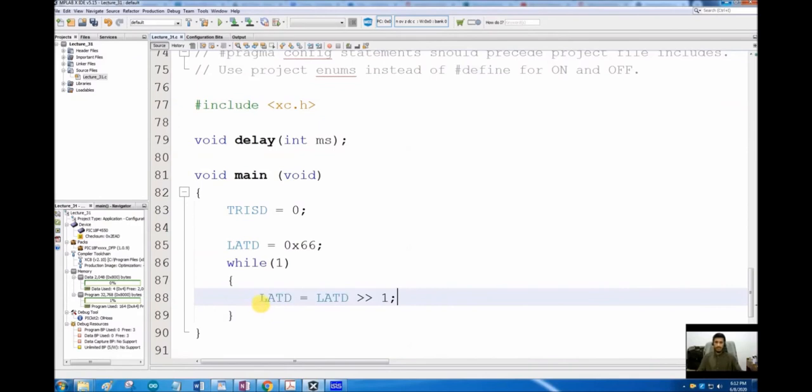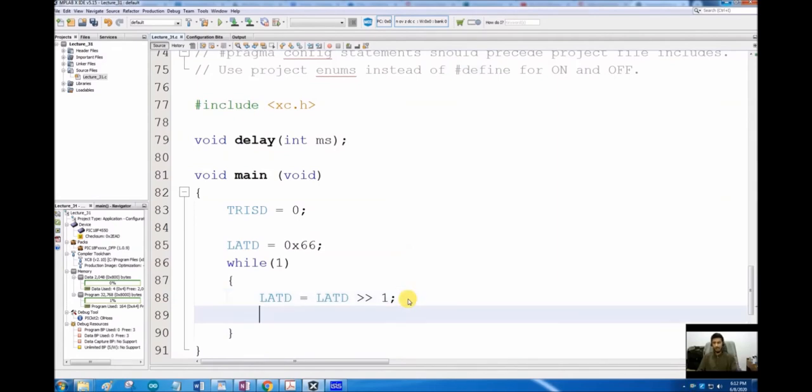What will this command do? This command will shift the data by 1. It will not rotate the data by 1. I will show you what will happen. Let's give a delay of 500 milliseconds. So let's see what happens if I just shift the data and do not rotate it.